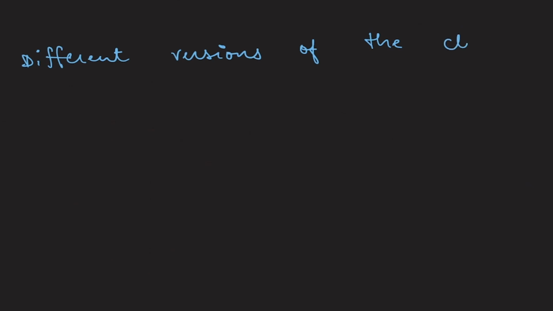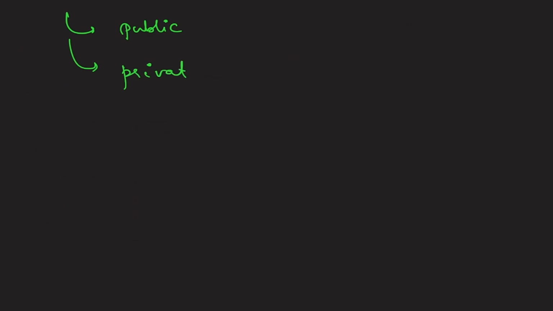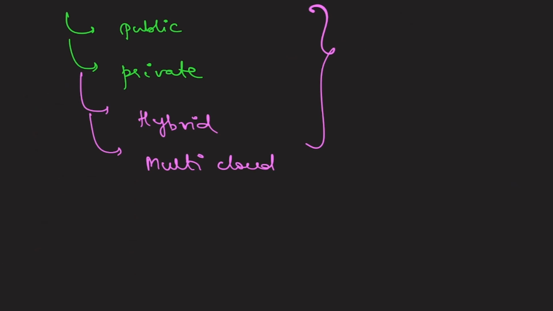When we talk about cloud, here we have primarily two models. What are those? Those are your public and private. But it is actually expanded to two more levels, and what are those? That is called hybrid. And lastly, we have multi-cloud. So these are the four models which are available for us. Now let us quickly discuss each of them one by one.